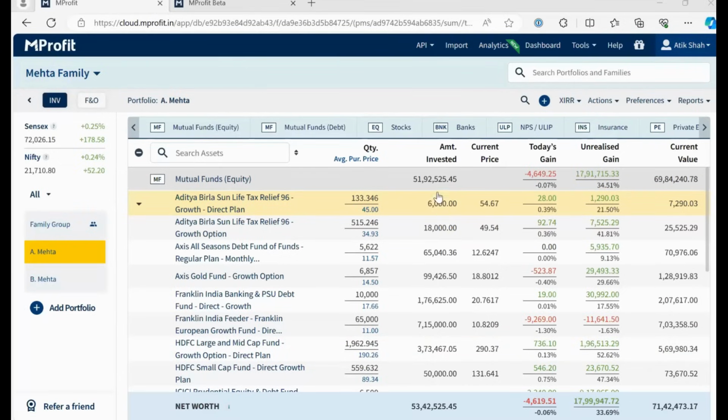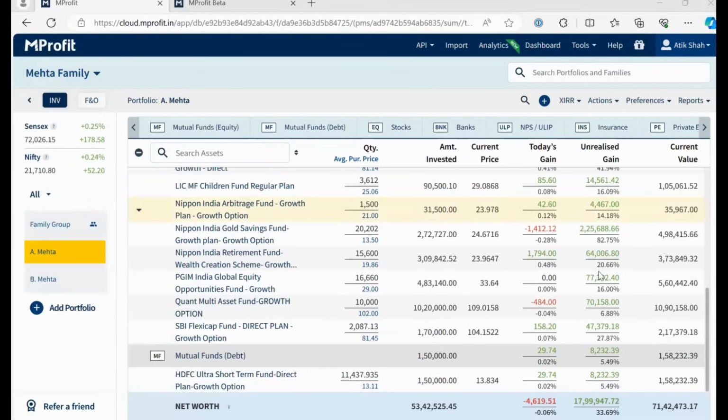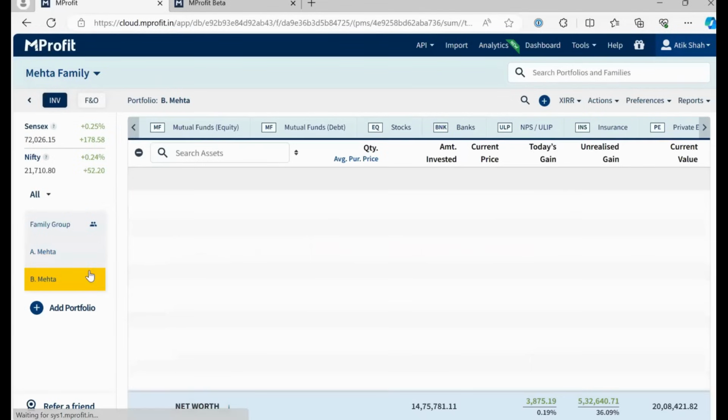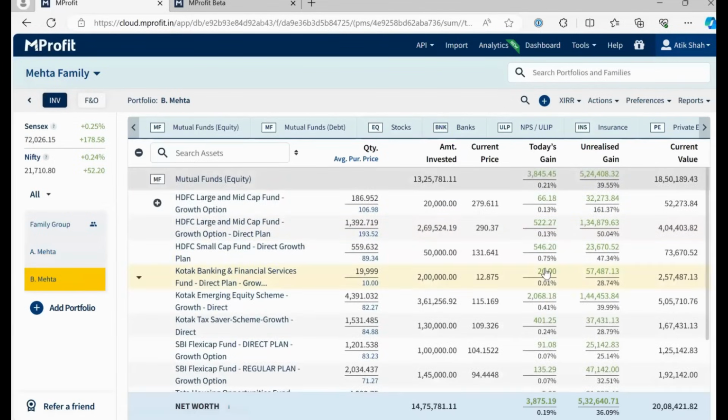Right. So I think, Tanmay, what we can do now is talk a little bit about the capital gain side of things. I hope this has been a good explainer on how to use the API and how you can see all your mutual funds aggregated on the main screen for each family member. So as you can see here, you have A Mehta's mutual fund portfolio visible, and you have another member called B Mehta, and you'll have her mutual fund portfolio also visible here. And that is simply by syncing the CAS API. There's no additional manual work required from your side.